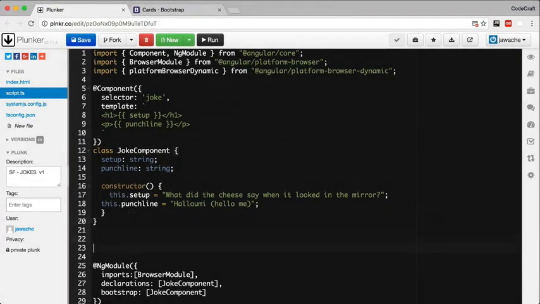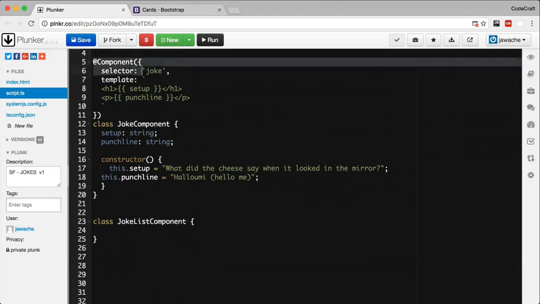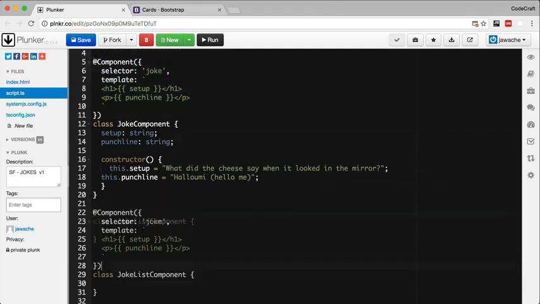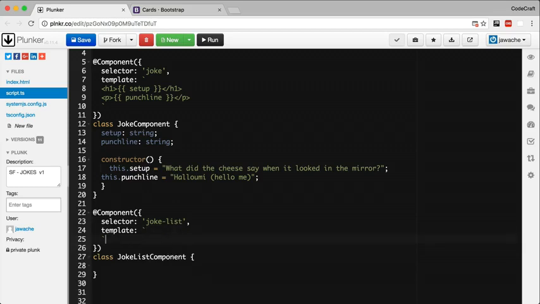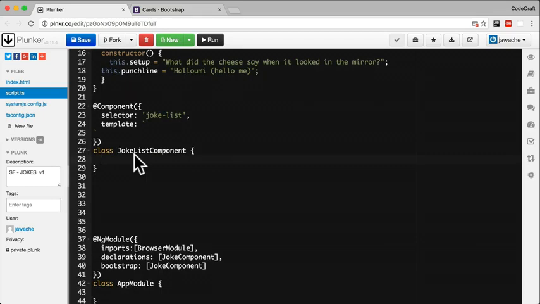So I'm going to create a new component, and I'm going to call it the jokes list component. I'm going to annotate it with the component decorator. I'll give it a selector of joke list. And I'll leave the template blank for now. I'm going to add a property called jokes. And for the type of that property, I want to set it to object, and then it's opening and closing